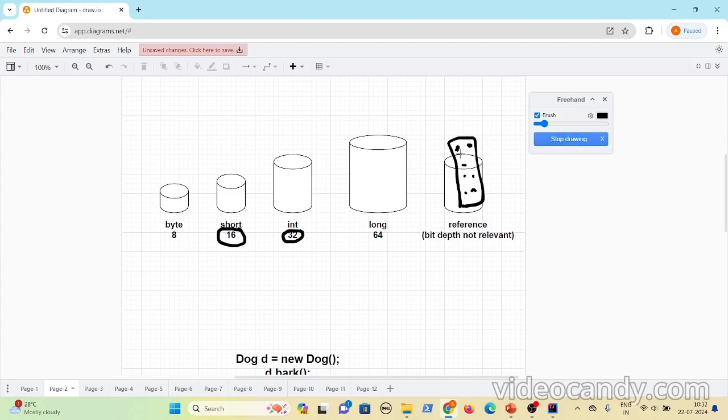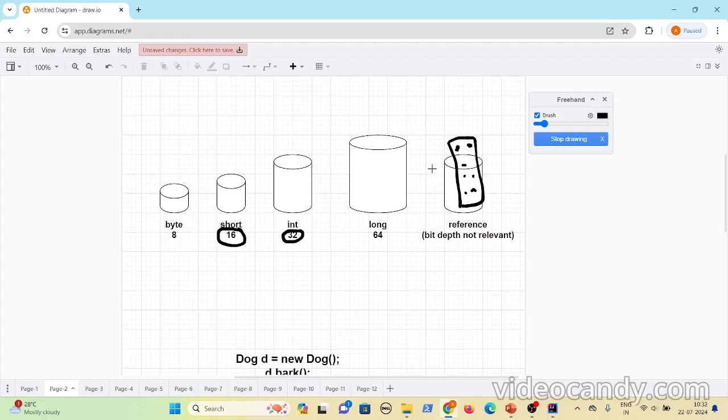Here, the bit depth does not play a major role. It just holds a reference. Let us assume it holds the address of the object. Addresses usually have few bits, and even if you consider this as a Song object, it will hold a few bits that can refer to the object.